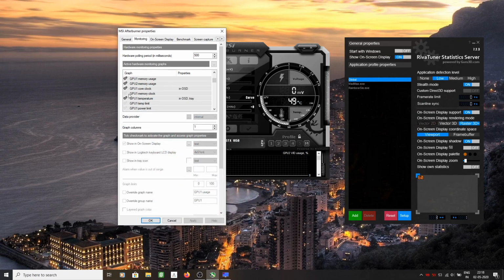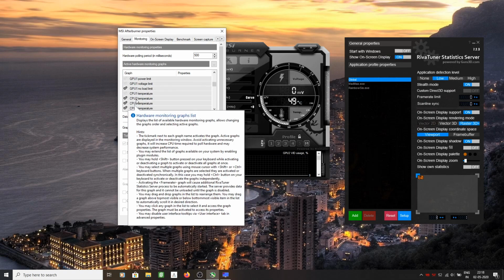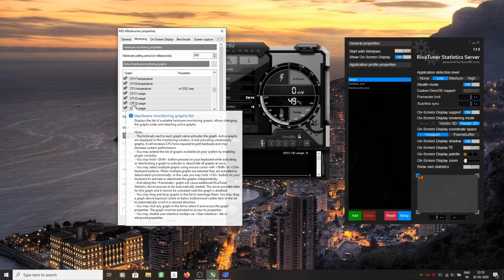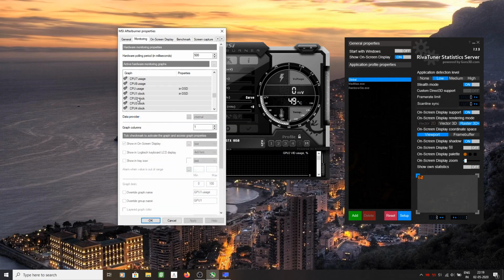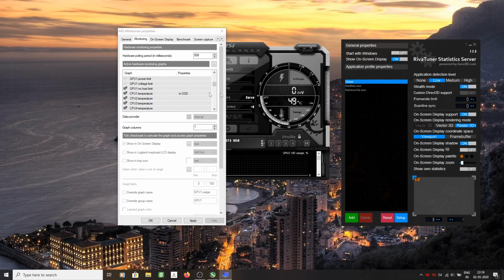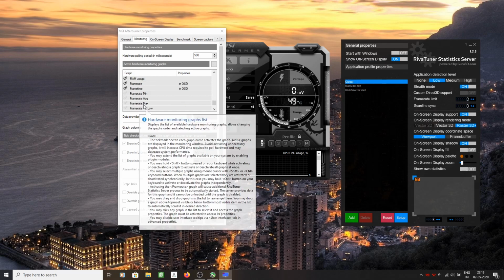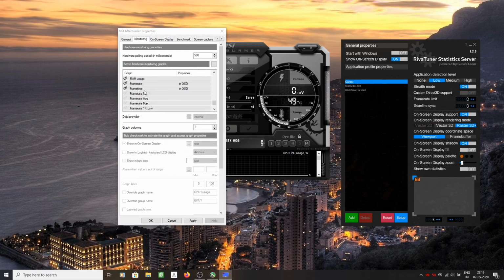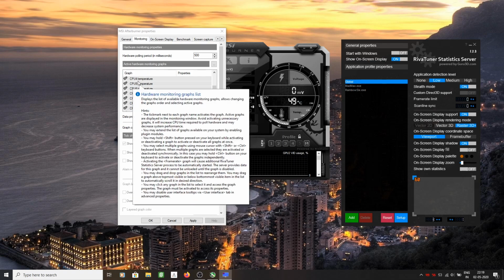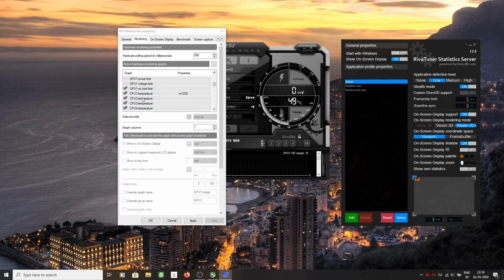So you wanna go here, and make sure the CPU 1 temperature is ticked like this, and it shows in OSD, on-screen display. And if you wanna see your frame rates, then you can also tick this one here, and make sure your CPU temperature is also ticked here. There's a tick mark in your CPU temperature. So